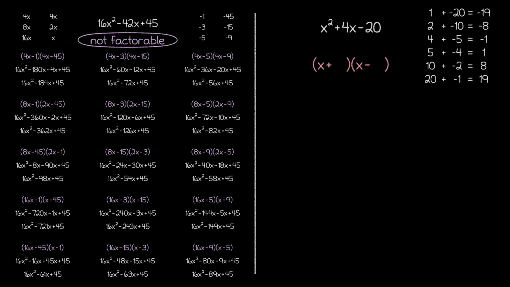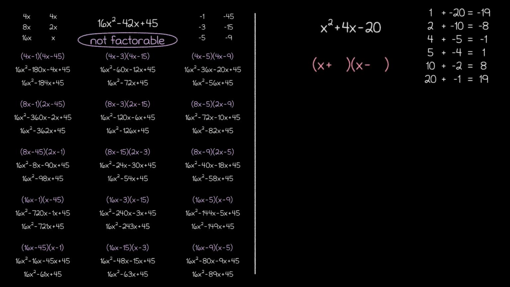Notice that in our list of sums, the results were increasing as we moved down the list. And at this point, the result jumped from 1 to 8, while skipping over the 4 that we were hoping for. But what if this is actually factorable, and we just need to try out numbers that aren't integers? This is an interesting idea, and if we tried out some decimals, we would see that it is actually possible to get closer to 4. Still, picking exactly the right decimal would be challenging to say the least.